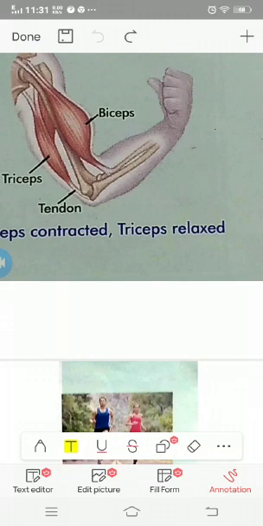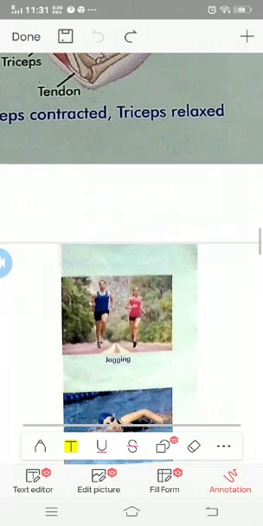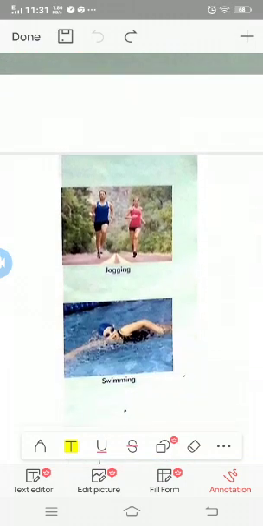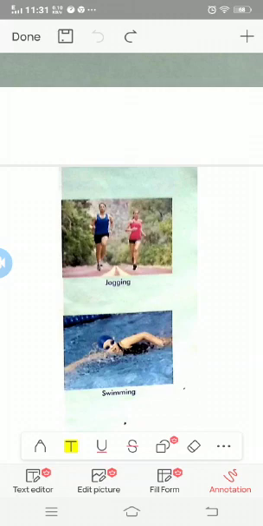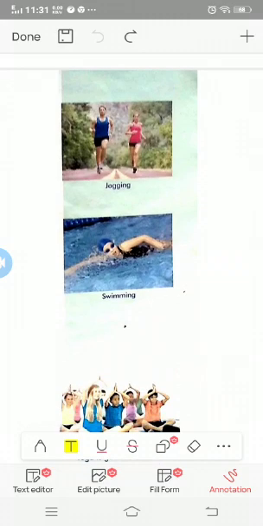Exercise and proper posture. How can we keep our body fit? How can we enhance our strength? Exercise is essential for all human beings. Aerobic exercise supplies oxygen efficiently to the muscles, heart, lungs and the circulatory system. A good supply of oxygen to the body is a sign of good health.